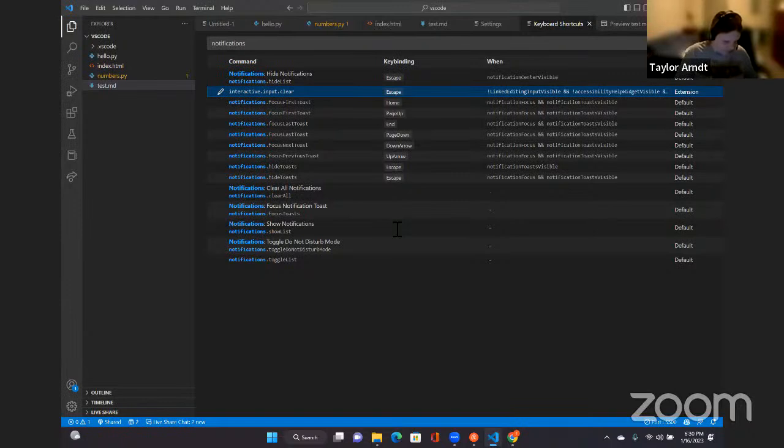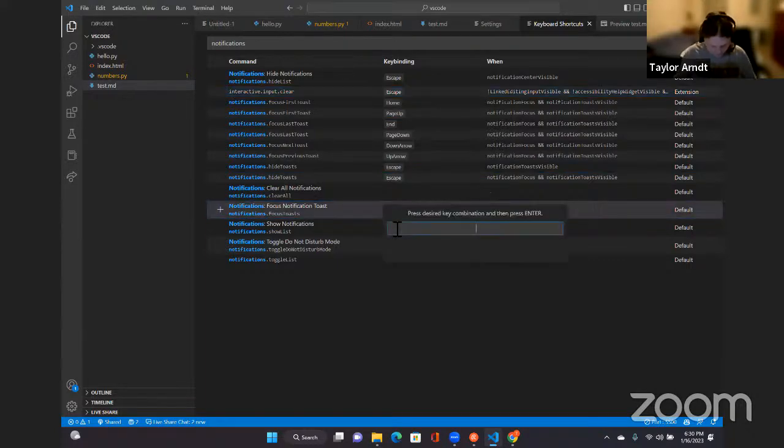Escape comma. Extension band width edit input visible and band accessibility. Help widget visible and band breakpoint widget visible and band editor as multiple selections and band editor as selection and band editor hover visible and band exception widget visible and band find widget visible and notifications dot interactive dot notifications dot focus first toast comma home comma interact notifications dot focus previous toast notifications dot hide toast comma notifications dot hide toast comma notifications colon focus notifications toast comma no key binding assigned dot comma default 12 of it press desired key combination and then press enter dot edit code colon key N comma key code colon 78 code colon